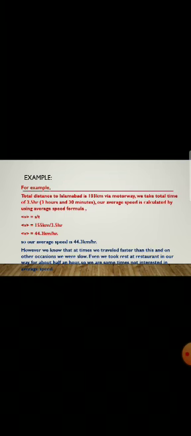So the formula of average speed is equal to total distance divided by total time, and the symbol of the average speed is a small v, enclosed in triangular brackets. So whenever the small v is enclosed in triangular brackets, it shows the average speed, not only the speed. The v in triangular brackets is equal to S divided by T, and the unit is the same as that of speed, which is meter per second, or the larger unit kilometer per hour.